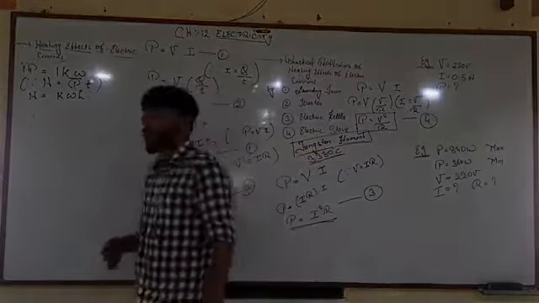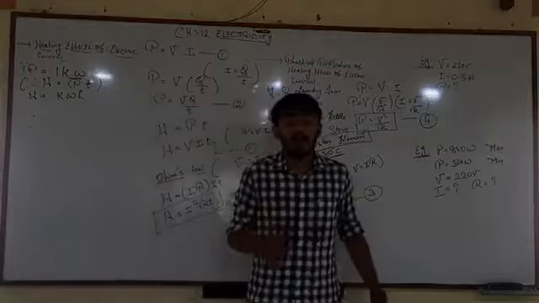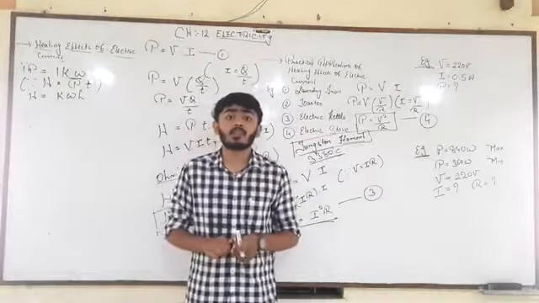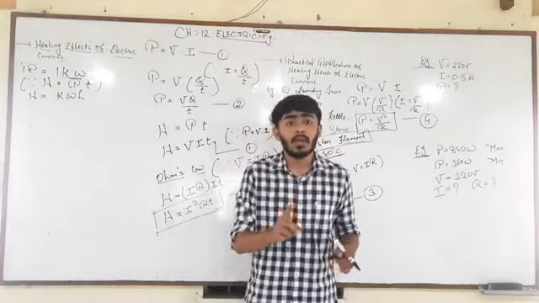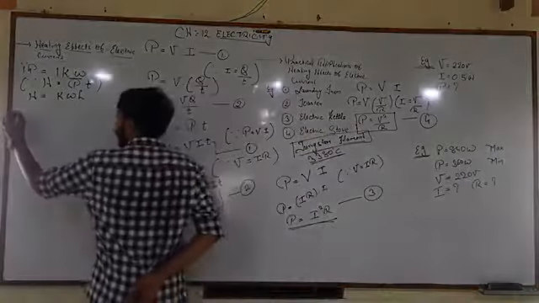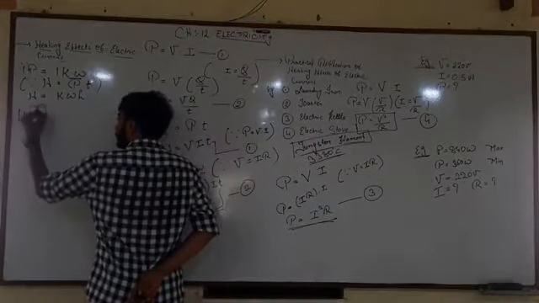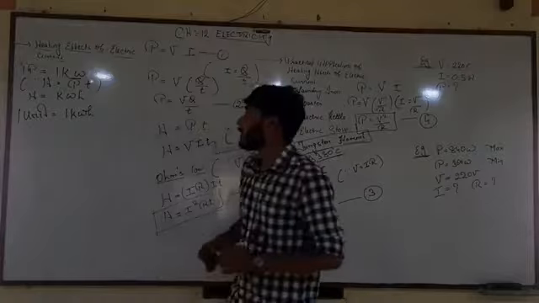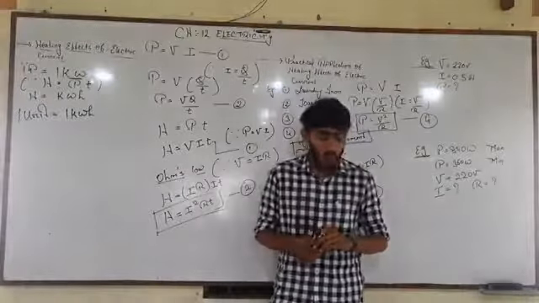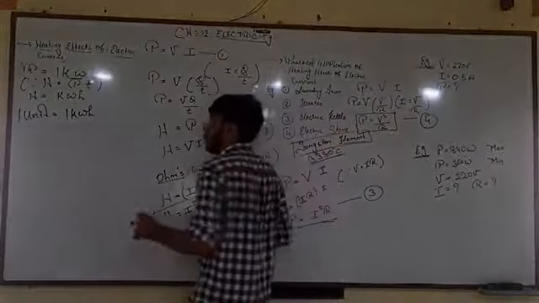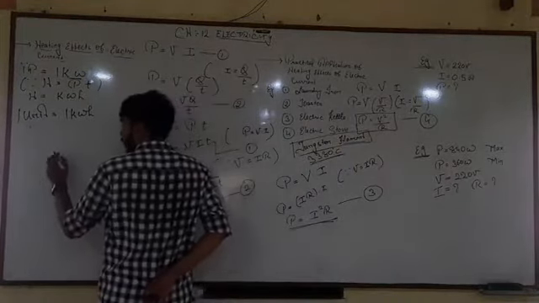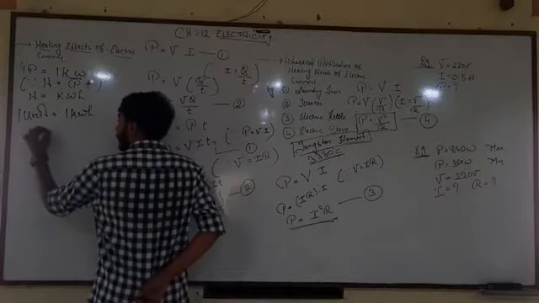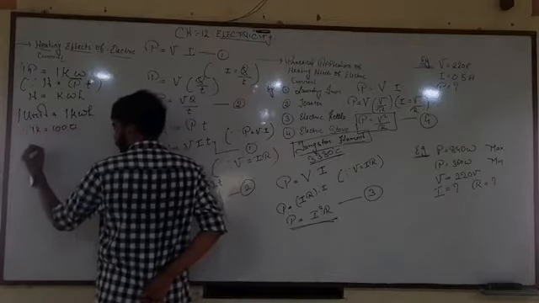So what is the form of electricity in which our bill is paid? It is said to be the usage of 1 unit. Now remember students, 1 unit is said to be 1 kilowatt hour. 1 unit is equal to 1 kilowatt hour. Okay, and so what happens? We will solve it here. As I told you, 1 K is equal to 1000.